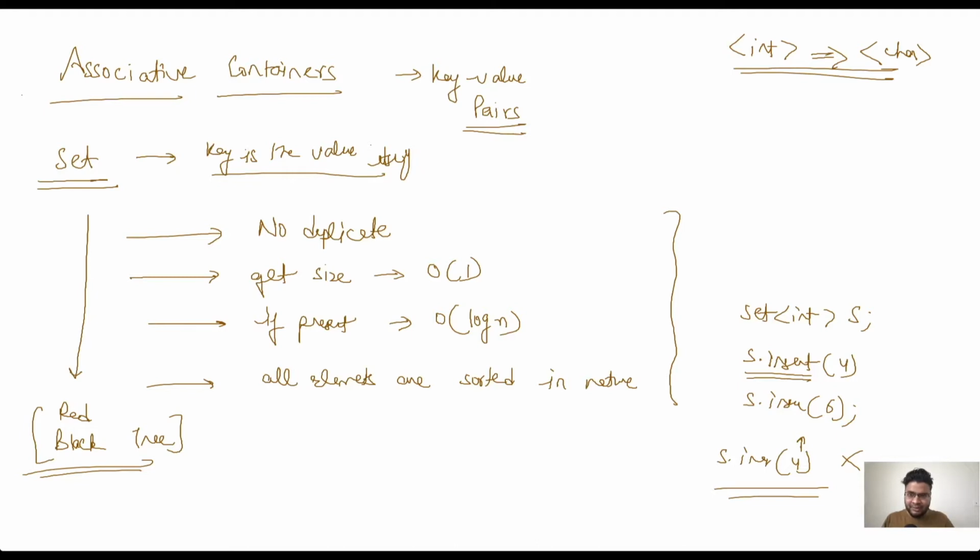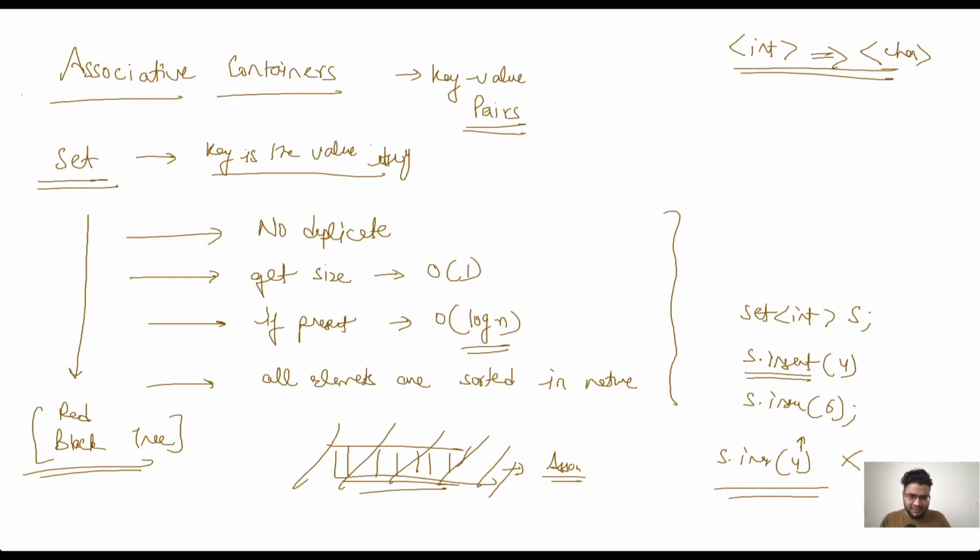One of the key properties of associative containers is that there is no fixed ordering of elements, right? The elements could be sparse throughout the container. They're not contiguous in nature. All the elements present inside associative containers are not contiguous. And that's why, if I want to find an element within a red black tree, the time would be O(log n), where log n is the height of the tree. We go through the tree level by level, and then it tells me whether the element is present or not, right? So that's the first associative container.